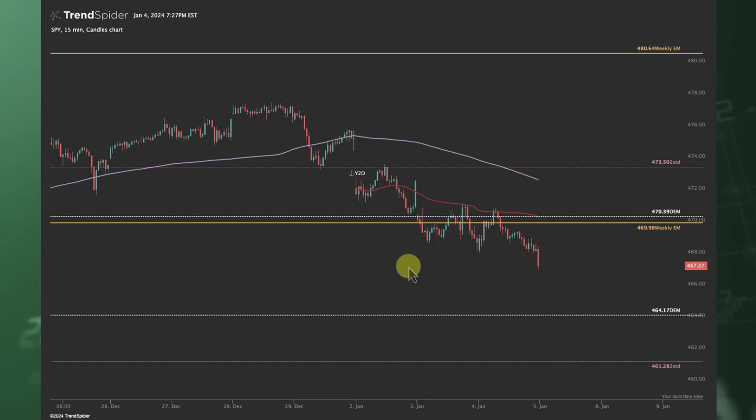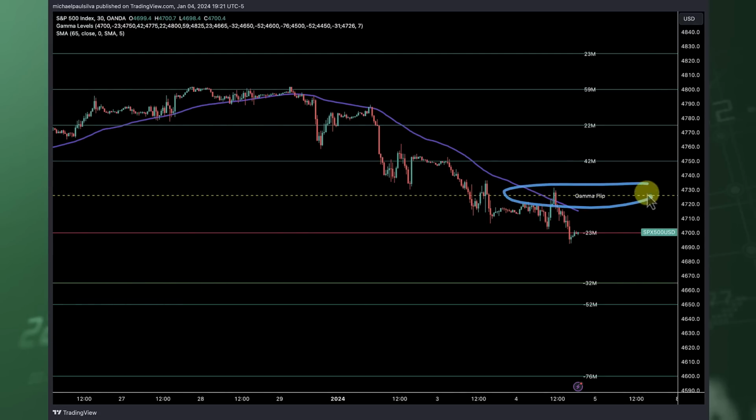If we continue on, you can see that the SPY came up and we tagged the year-to-date anchored VWAP, and we talked about how that was declining, and it held as resistance, and it held as resistance again and got pushed away. So one would say, hey, if we can get above that, that'd be a positive step in the right direction. And then we need to see the 5-day moving average start to curl over. So once again, two things that the bulls need to be patient for. They need to be patient for an inclining 5-day moving average, and we need to get back into positive gamma